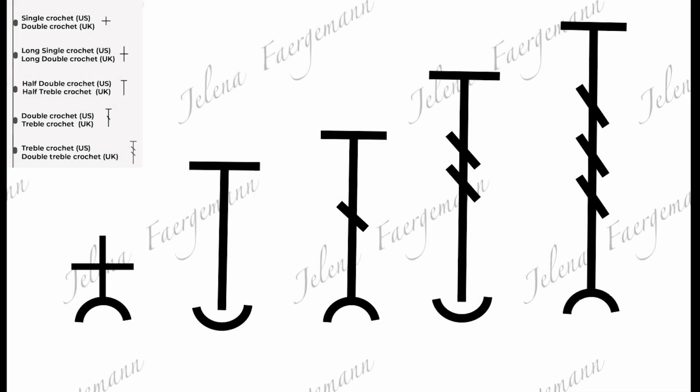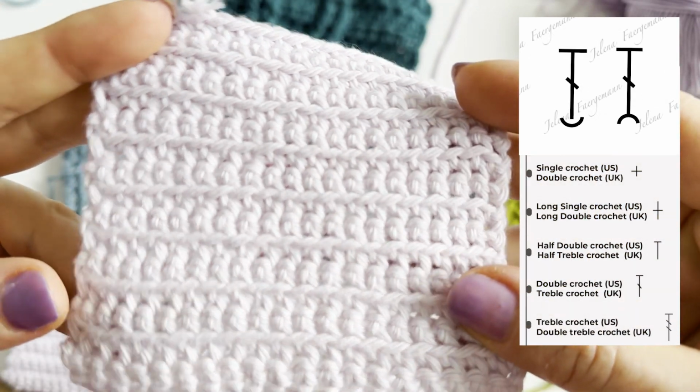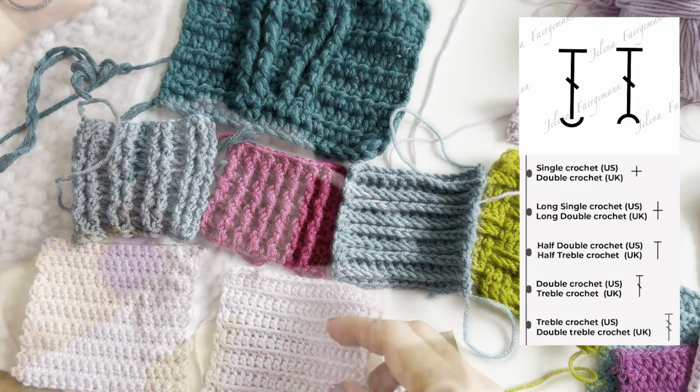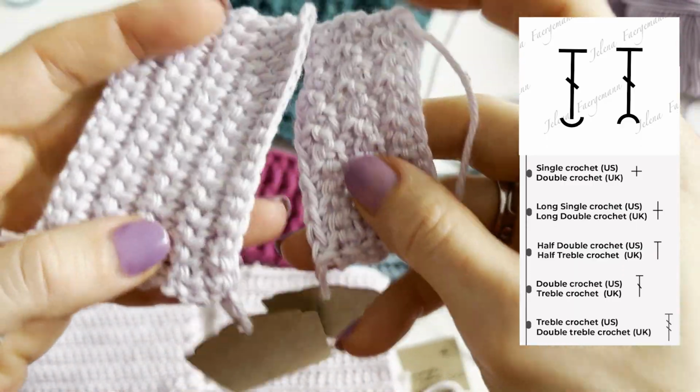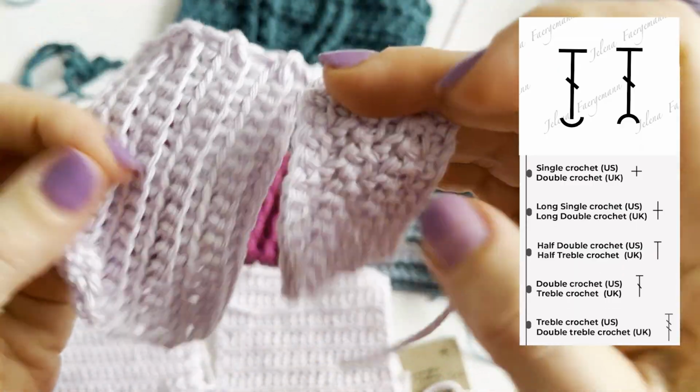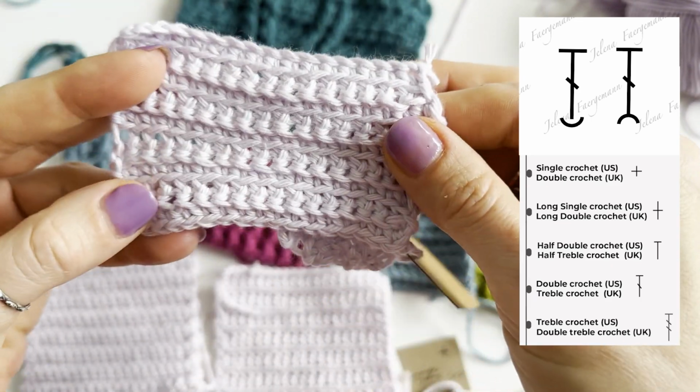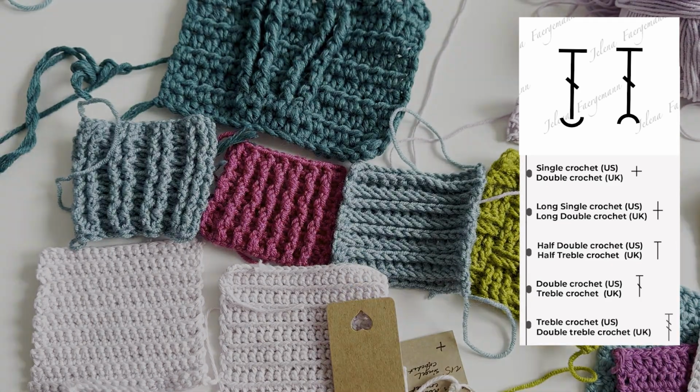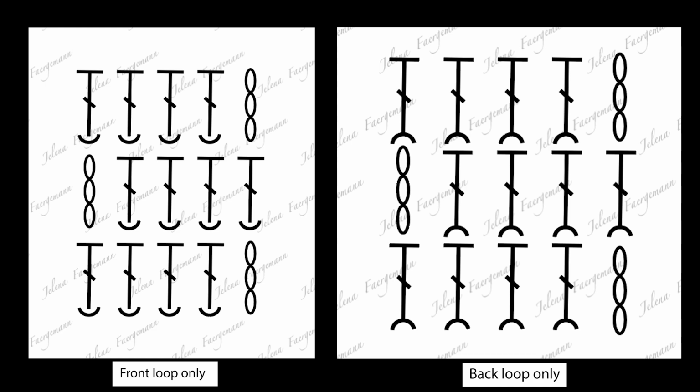The front and back loop stitches are created from basic stitches, and the basic symbols are inherited, with the curved line placed at the bottom of the stitch. In the first example we will work double crochet US or treble crochet UK into one loop only. The stitch can be worked into a front loop or into a back loop, and the empty loop will create a ridge line. The front loop is the loop nearest to you and the back loop is the second loop